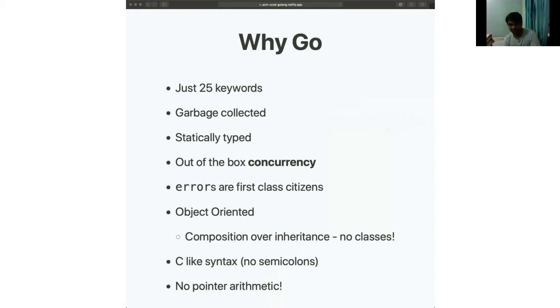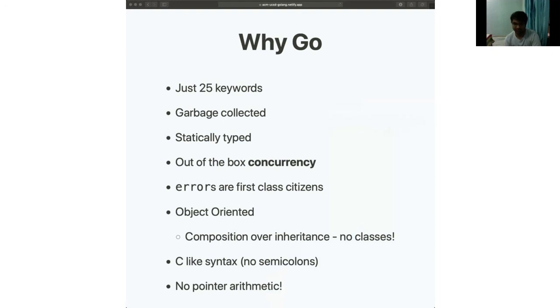But one of the main interesting things about Go is that it's concurrent. I'll discuss concurrency later, but in some ways it means it's parallel, but really good at being parallel, if that makes sense. Errors are first-class citizens in Go, which means you don't have to use ugly try catches to deal with errors.